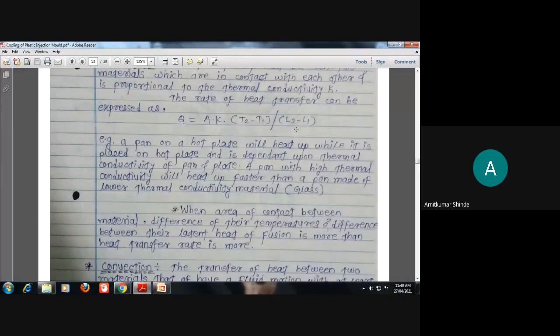And sometimes water will get converted into ice. During this process, some heat will get released. Heat may get released when water is converting into ice, and that is also termed as latent heat of fusion. Means, in short, heat may be absorbed or heat may be released, but in that process, some energy will get released.